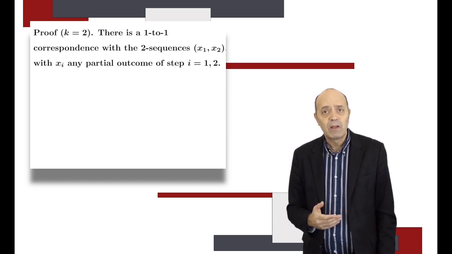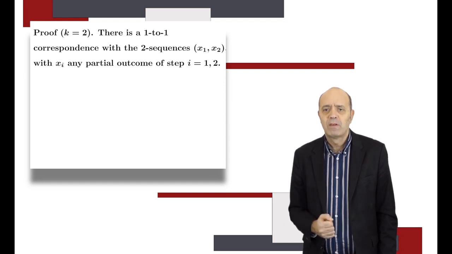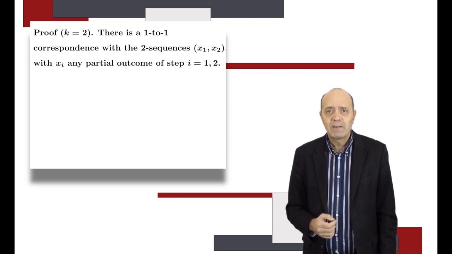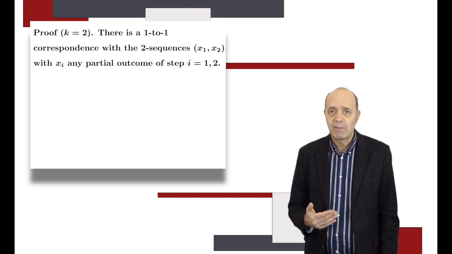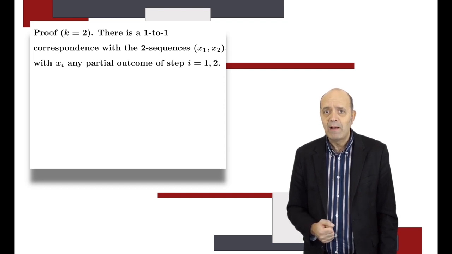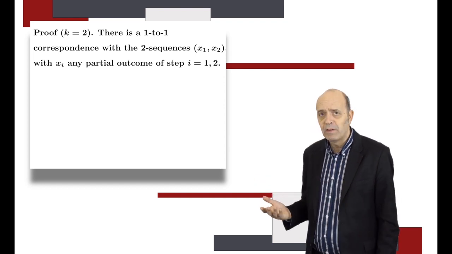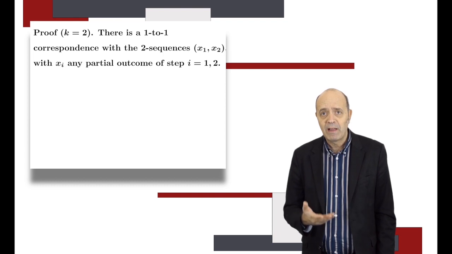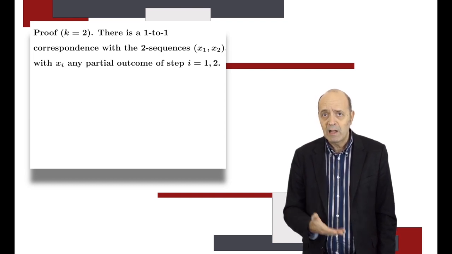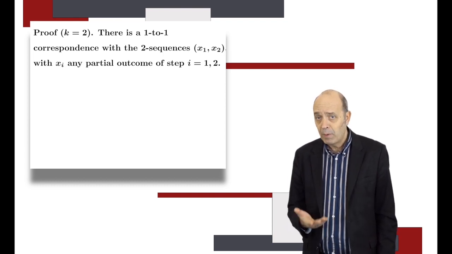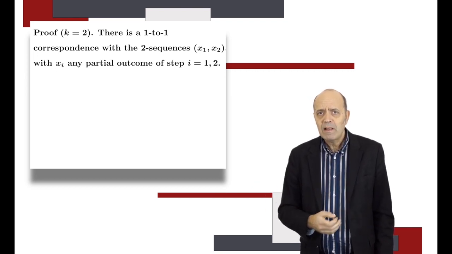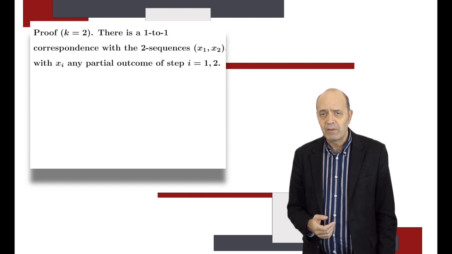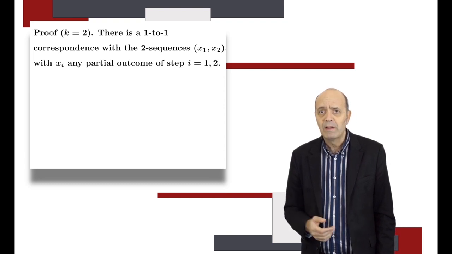Let us prove the multiplication principle in the case of two steps. The fact that from the final outcome of X we can uniquely recover the partial outcomes of steps 1 and 2 implies that there is a one-to-one correspondence between X and the pairs (x1, x2), where x1 is an outcome of step 1 and correspondingly to x1, x2 is an outcome of step 2. Let us describe the possible pairs that we can obtain in such a way.